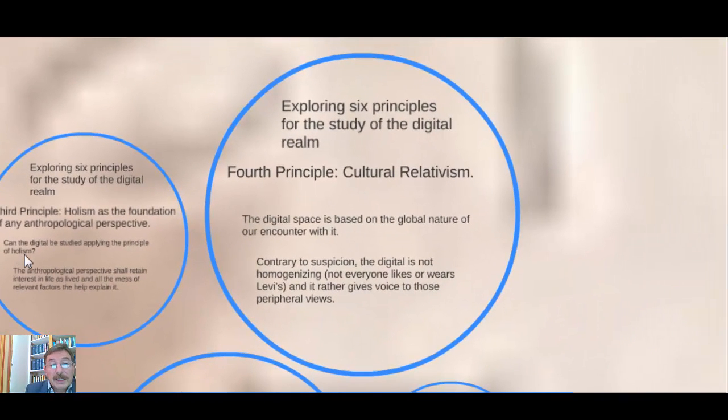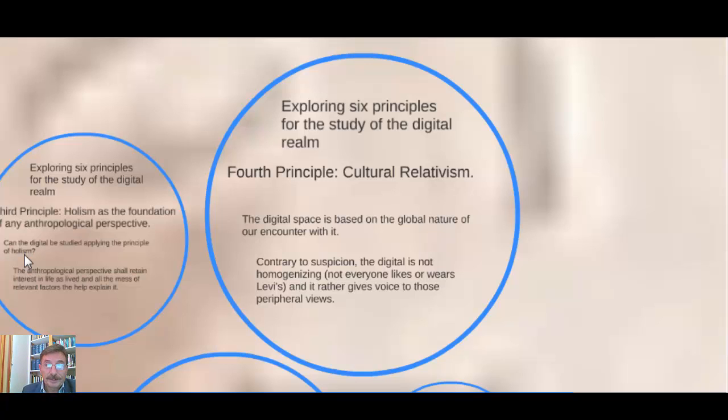A fourth principle that remains, that's been present in anthropology and in cultural anthropology for decades now, is cultural relativism. It just goes to show that there are multiple positions and that all those multiple positions are to be understood on their own accord and from their own principles if we are to understand them.